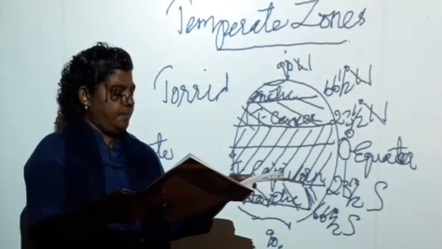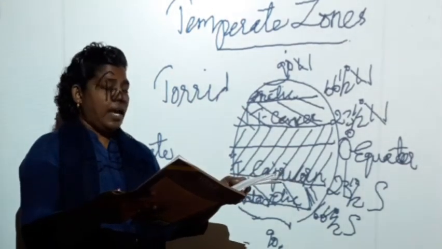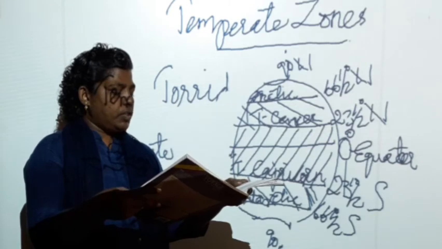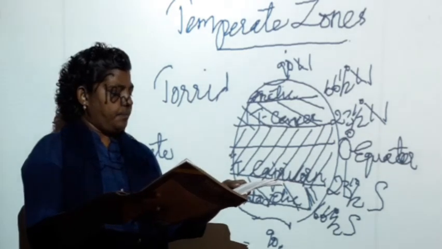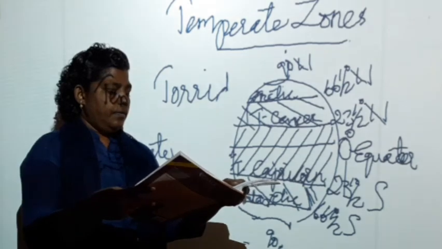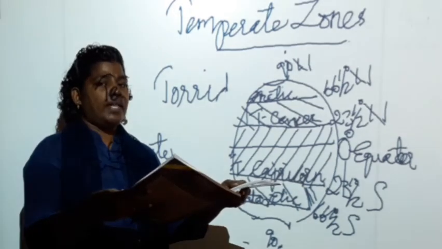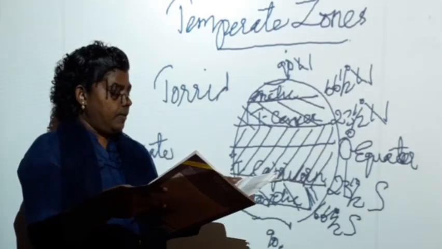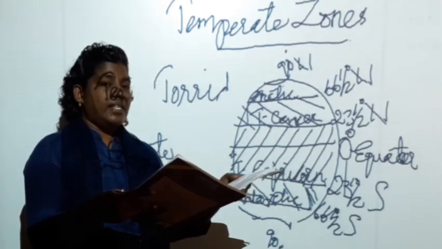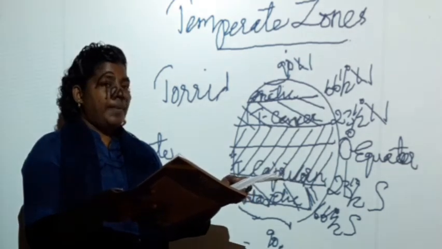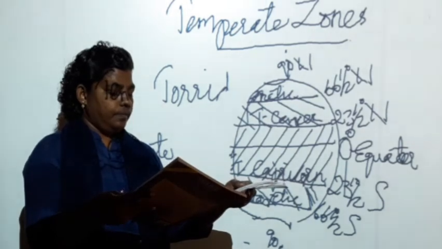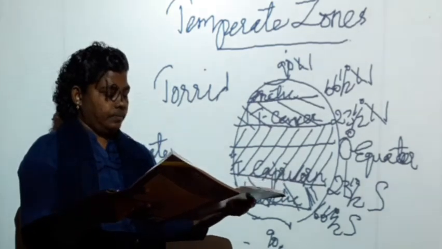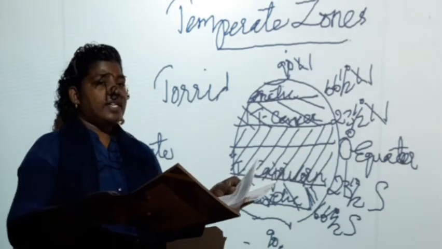Fifth question, the answer should be marked from the middle of the question. To measure the length of a river, we can use the divider method or the twine method. Two methods are there, the divider method and the twine method. And sixth question, page number 19 and 24. Seventh question, page number 20 and 24. Eighth question, page 20 and 21. Ninth question, the answer is equator.